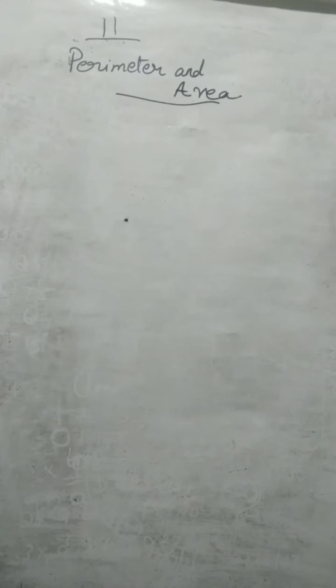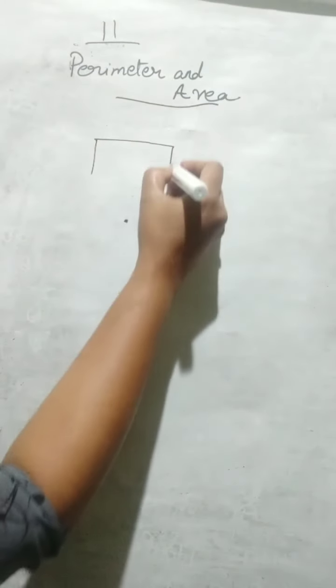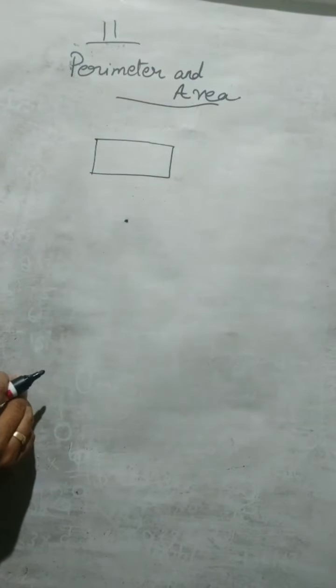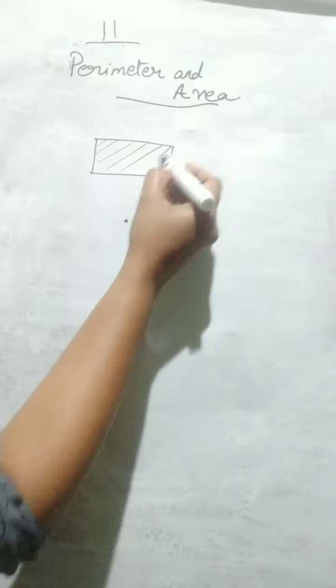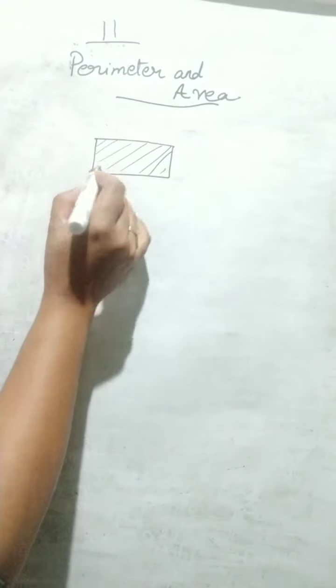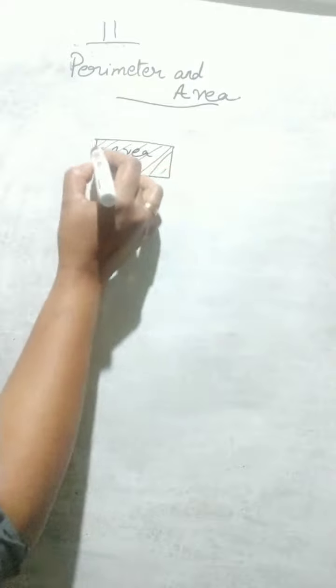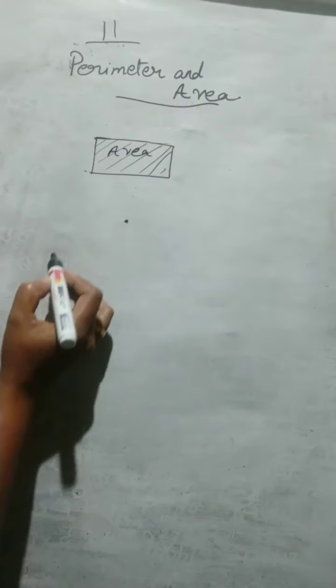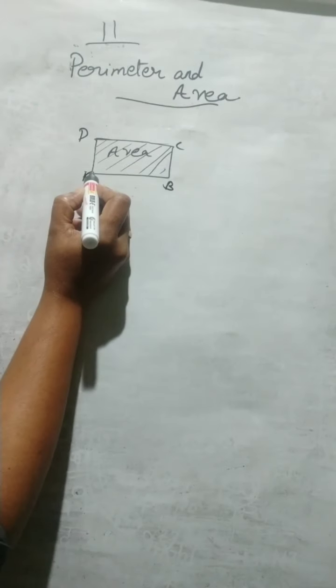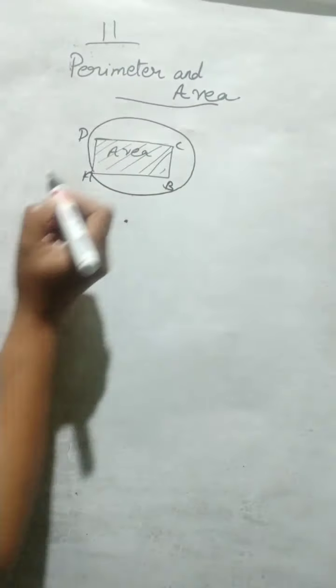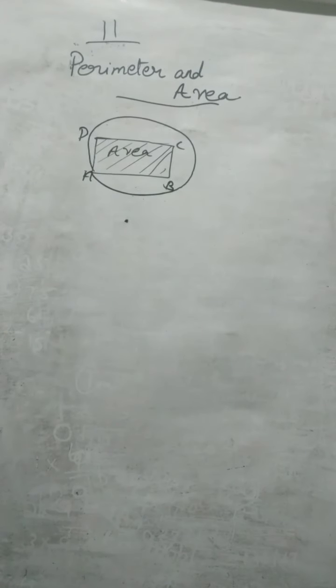What is area? What is perimeter? Okay, we can study perimeter and area. Here, for this shape, it looks like a rectangle. The space occupied inside the figure is the area. The total length of the surroundings, if it is A, B, C and D, the distance from A around to A, is known as the perimeter.